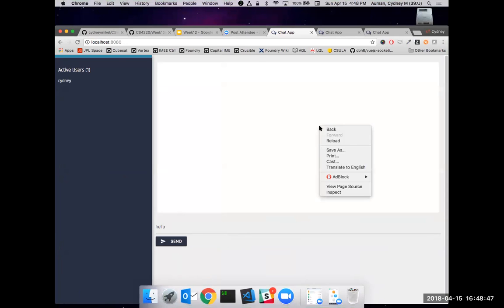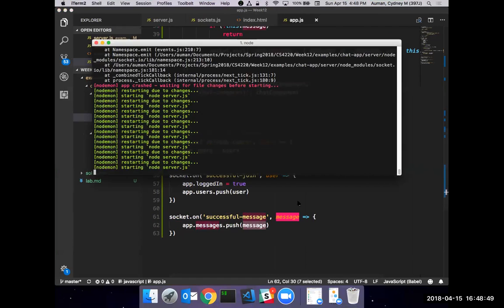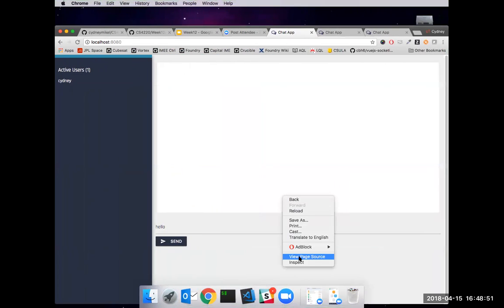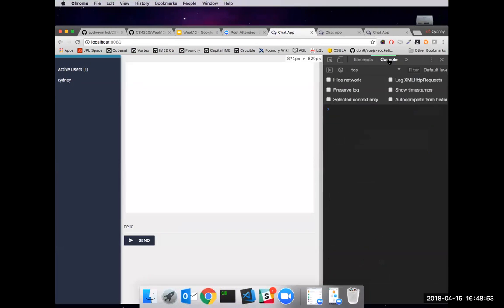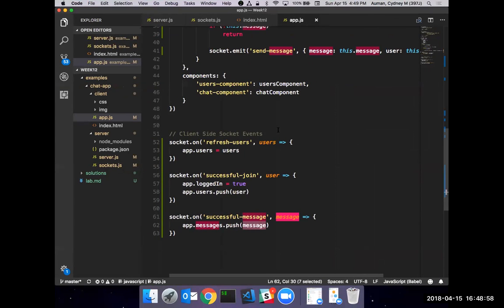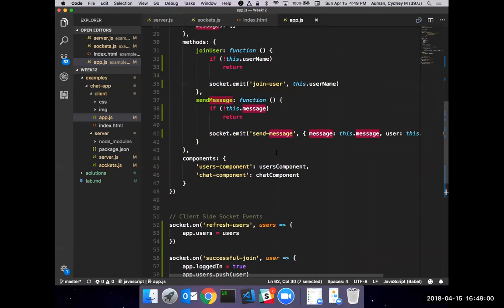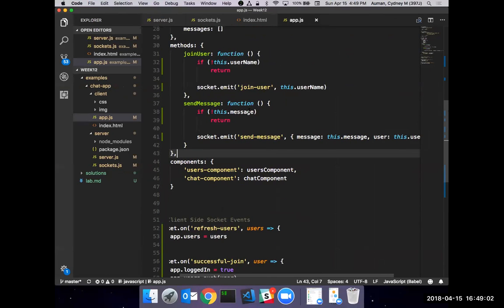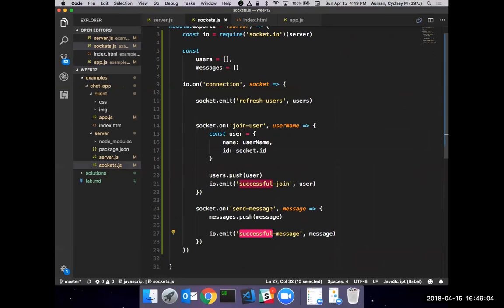So there's some error, not in the server, so maybe here. So I type everything, send message, successful message. Did I type that wrong?